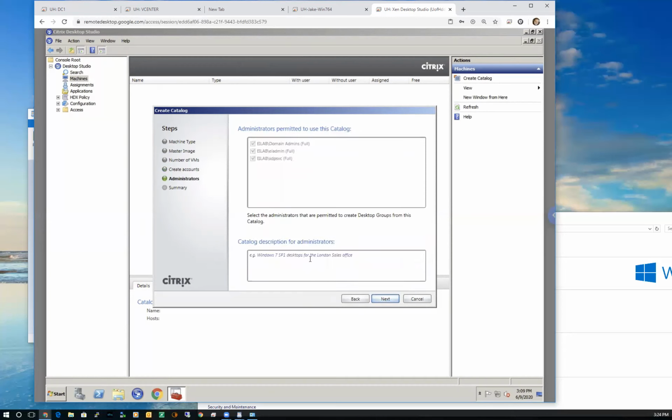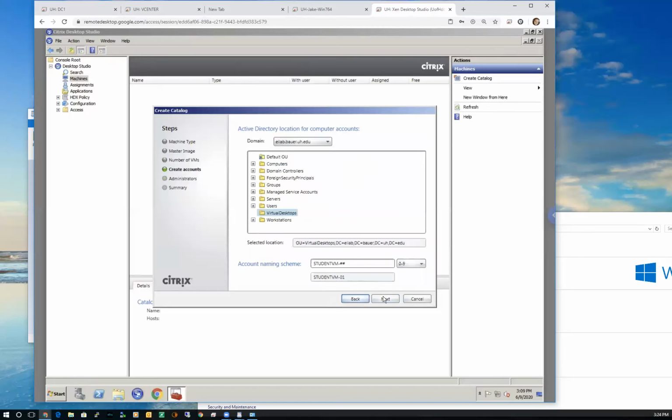I'm going to give myself a little description here. Administrator is permitted to use this catalog, keep the defaults. Just reading my notes, make sure there's nothing special I have to do. Let's see, what did I call the catalog name?